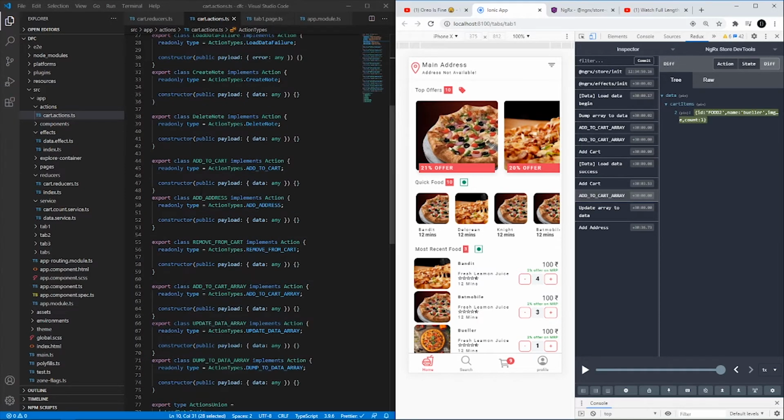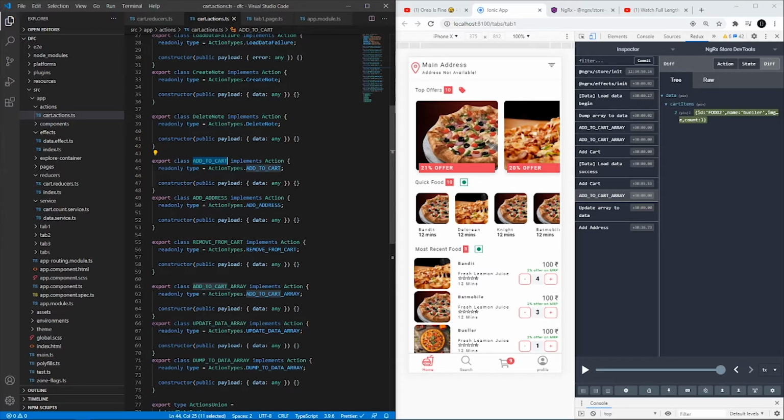I'm going to explain the add to cart now. There is one class called add to cart which implements an action. It's pretty much straightforward. The way you implement on init and other life cycles, you're going to implement action also. There is nothing external or theoretical in Ionic. This is pretty much the same in any OOPS language or OOPS concept, right? So you're going to export a class and you're going to implement something to use somewhere in our